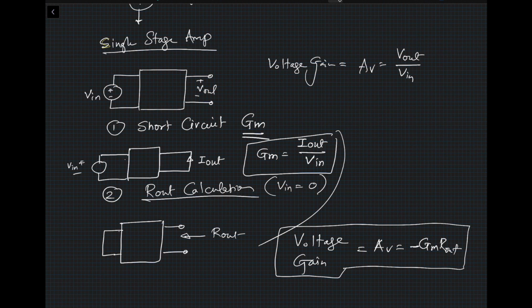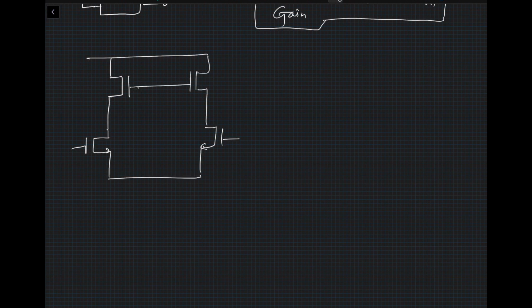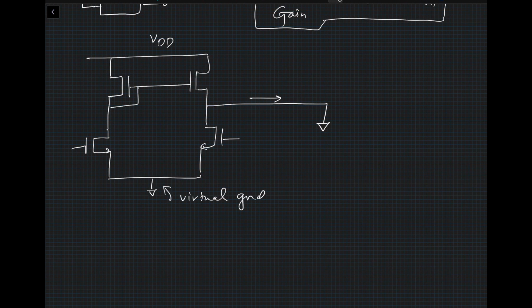So let's apply these steps to a couple of simple circuits and then a little more complex circuits, and it will be very clear to you how to do the calculation. The first step is on the circuit that I just showed you. In this particular case, I would short the output and measure the current. What is the current going in here? We said that this is our virtual ground, and that's why we connect AC ground to it.